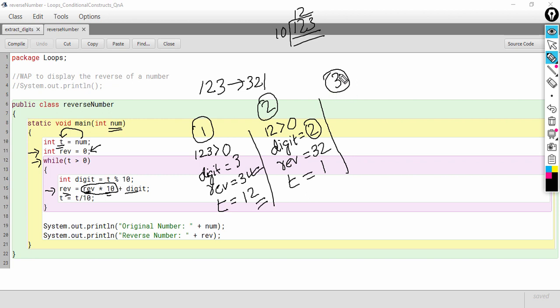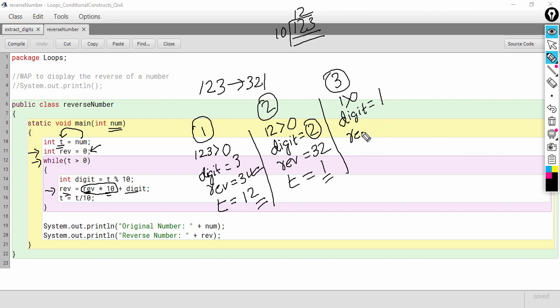Now the third iteration: the condition t greater than 0 will be checked, the t value is 1, so 1 greater than 0, the condition is true, and control comes inside. The digit will be extracted from t. If you apply the modulus operator on 1 using 10 as the divisor, the digit will be 1.